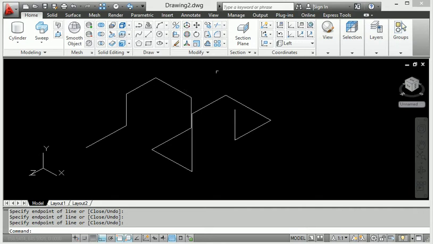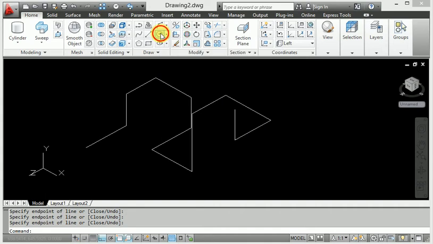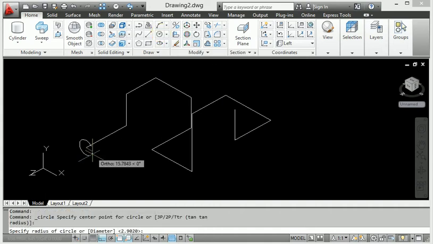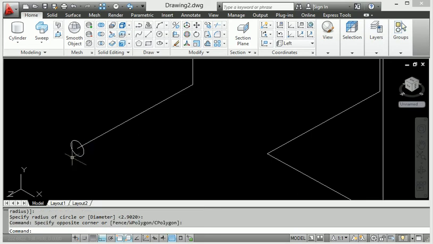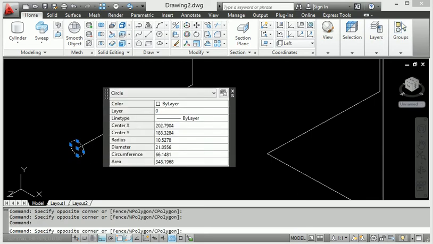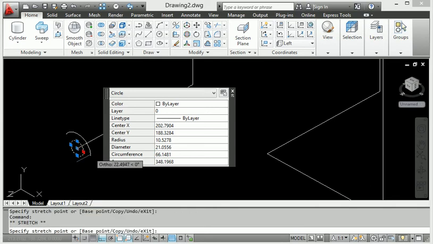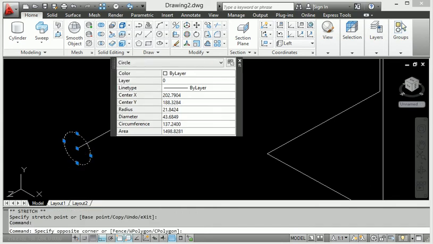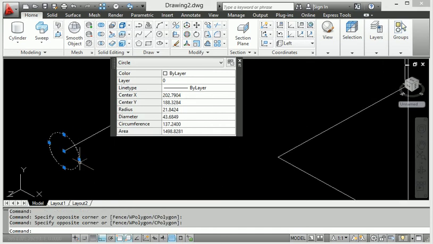First click the circle command, and make a small circle in the AutoCAD sketch. If I want to change the circle details, we can easily change them here.